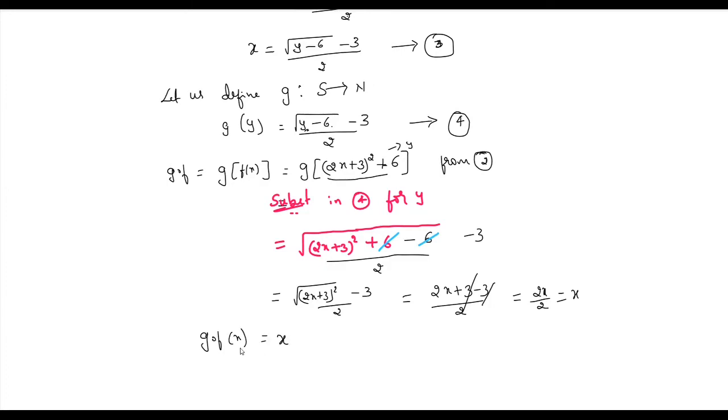That is, we started with the domain element x, and after two mappings, we got back the same domain element. So this is an identity function. So when it is an identity function, this is equal to x. That means it belongs to the domain set of the function f. So the domain set of the function f is N. I am calling this equation 5. We have done the first part of the sum, where we are checking the invertibility of the function.